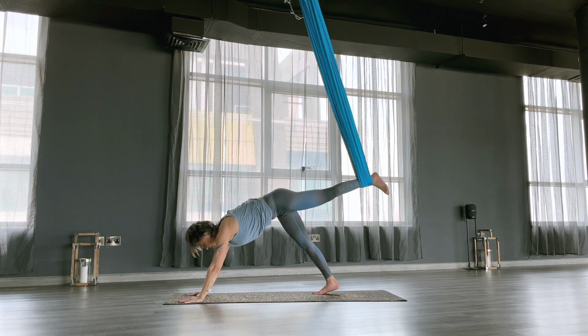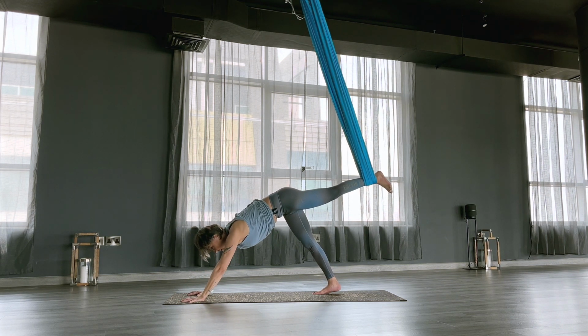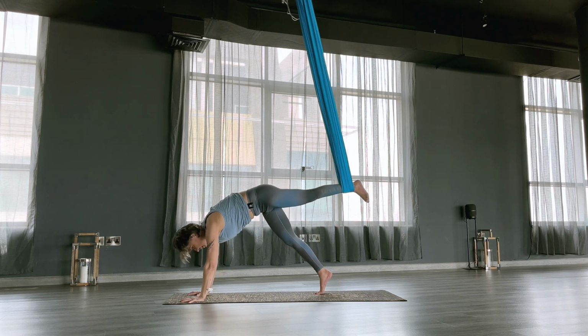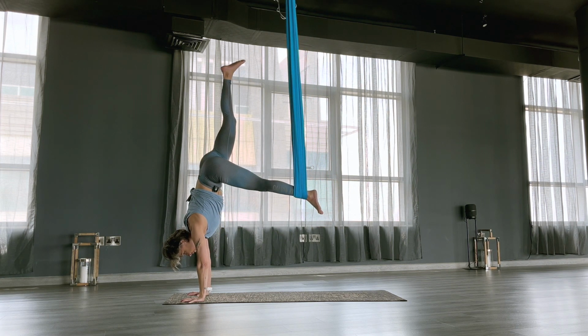Have both fingertips, both hands on the floor. Fingertips spread like a starfish, knuckles slightly up, tilt the pelvic floor in here and lift all the way into a handstand. From your handstand, back down,